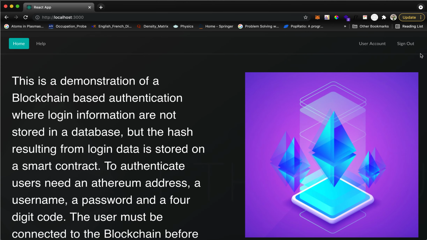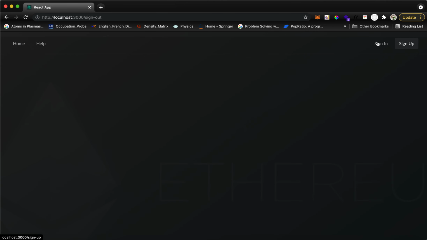If we click on sign out, then we just sign out of the decentralized application, and we need to log in again if we want to interact with the user account or the user page.